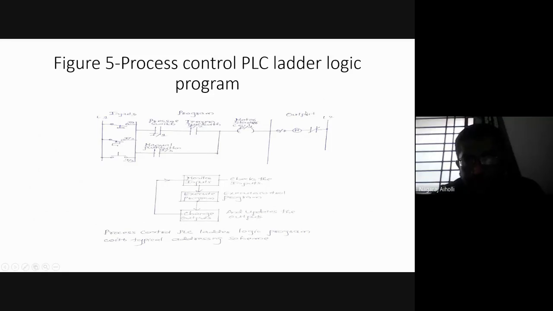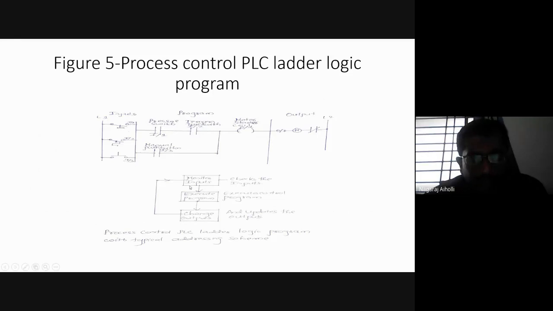Then come to the output module. The output module is connected here, on the output part of the circuit. The motor is connected, and again the switch for that motor. O/1 means output 1, right? And again the line voltage here, L2. So students, this is how we have to draw the ladder rung diagram.